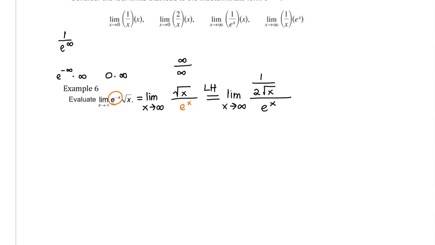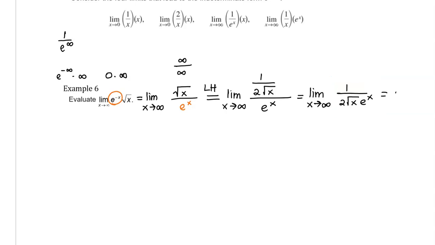Before I jump in with direct substitution, let's first just simplify this expression. We have a fraction divided by e to the x, so I'm going to be multiplying by the reciprocal to be left with 1 divided by 2 square root x e to the x. Now, if I were to apply direct substitution, the denominator is getting very large, and so the entire fraction is